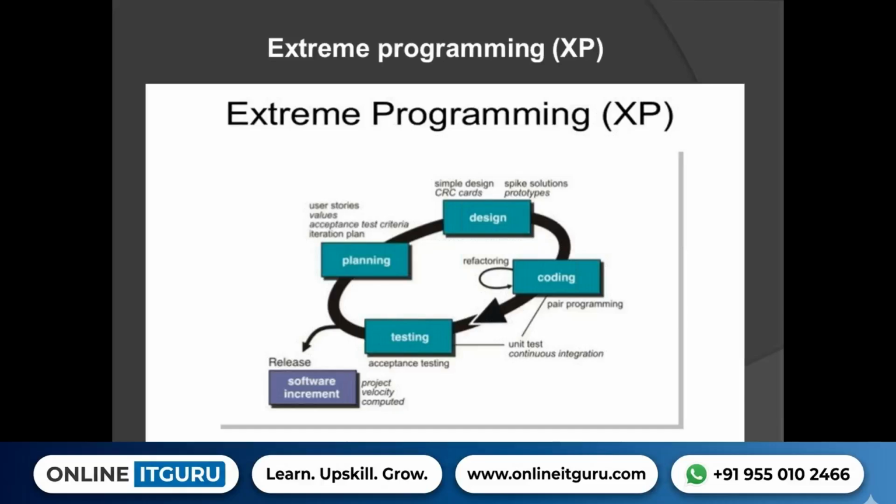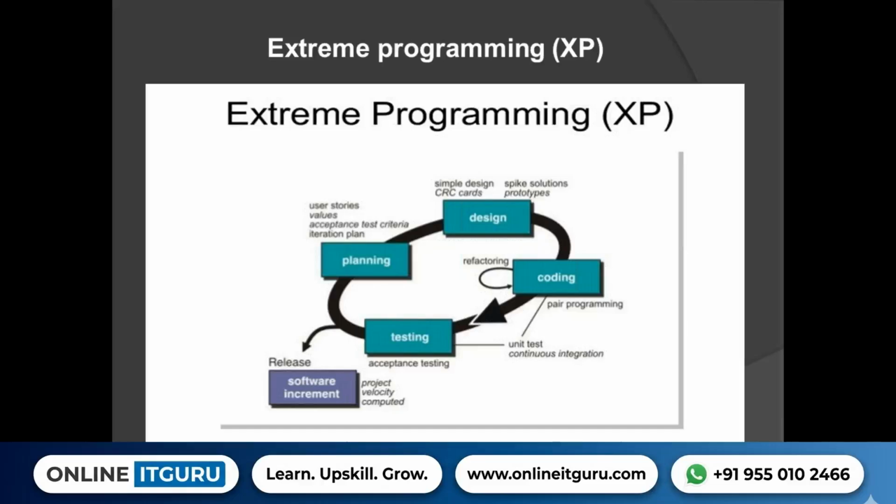Okay, so these are some of the salient features of extreme programming. The first one is extreme programming treats the client as an integral part of the project. Next one is during the development process, requirements are continuously refined for betterment of the project. And the third one is the programmer is going to estimate, identify the responsibilities, and complete them. Okay, and extreme programming is going to run on 5 parameters. So what are those 5 parameters?